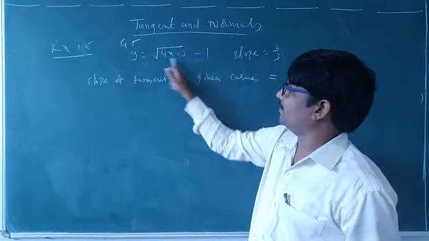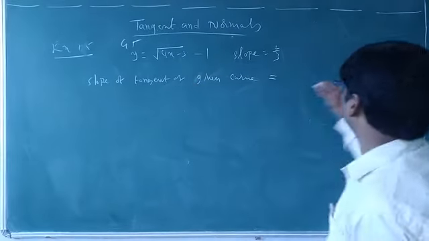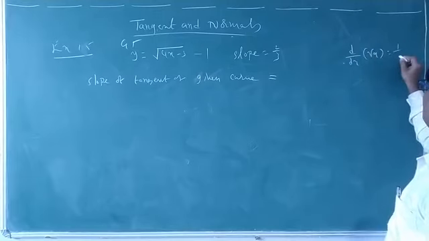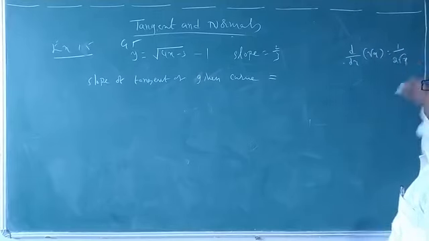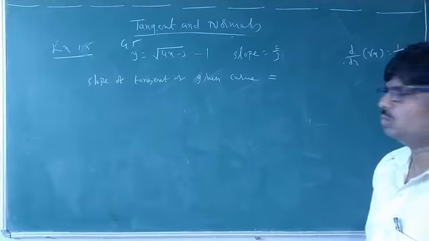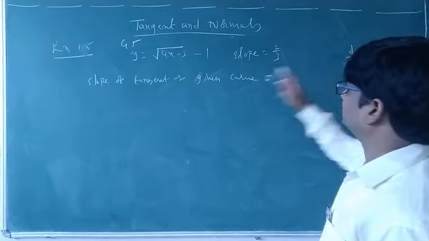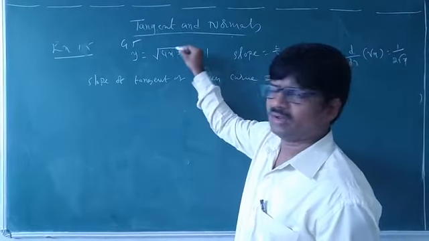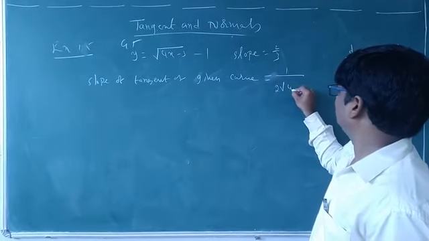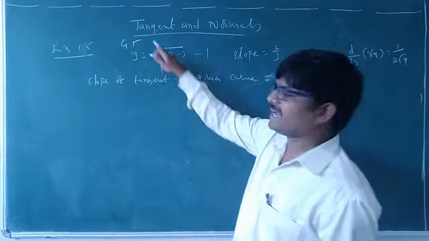It is root x form. Root x means, what is the derivative of root x? 1 by 2 root x. You know already, d by dx of root x is equal to 1 by 2 root x. So here what will be? Here the root x derivative, x means this one. Root x derivative is 1 by 2 root x, so for root of 4x minus 3 we do the derivative.